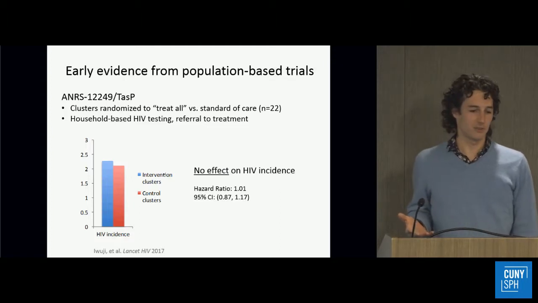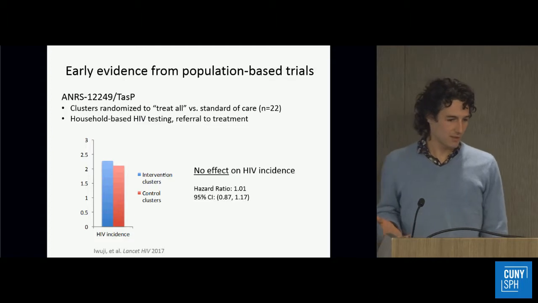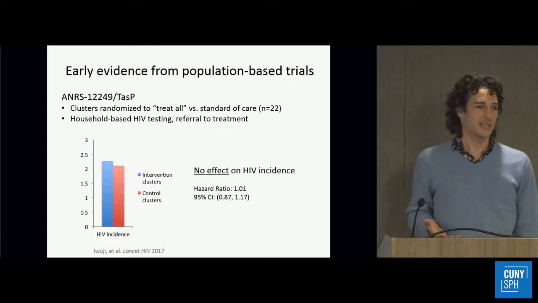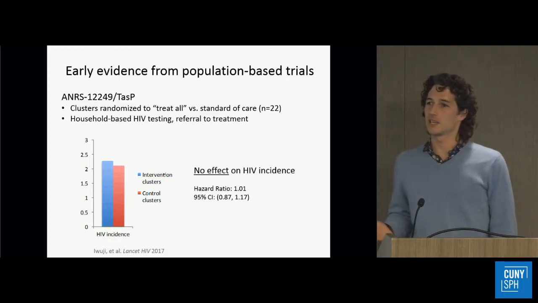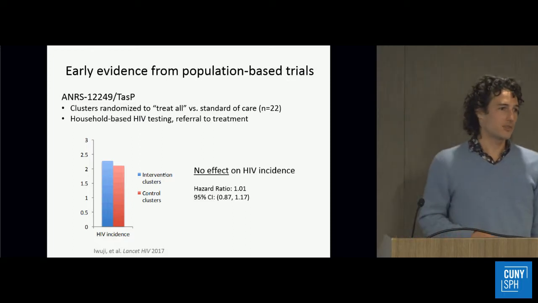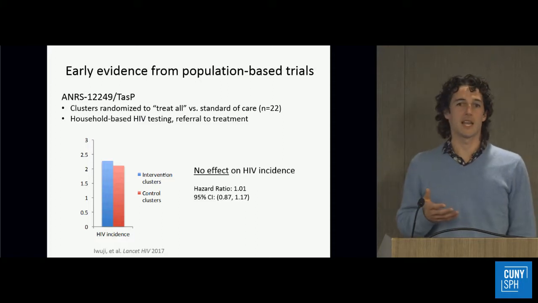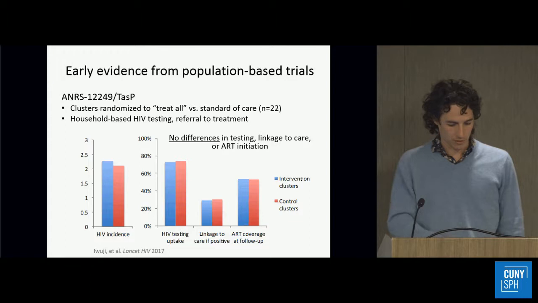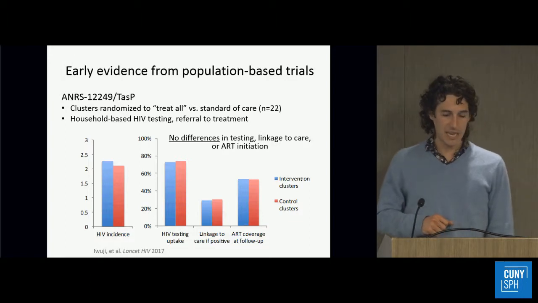The impact of this intervention was 0. The hazard ratio for HIV incidence was 1.01. So this flat out did not work in terms of changing incidence. And the researchers, importantly, collected a whole bunch of data on what happened, a deeper dive on sort of what happened along the way. What they found was that even though